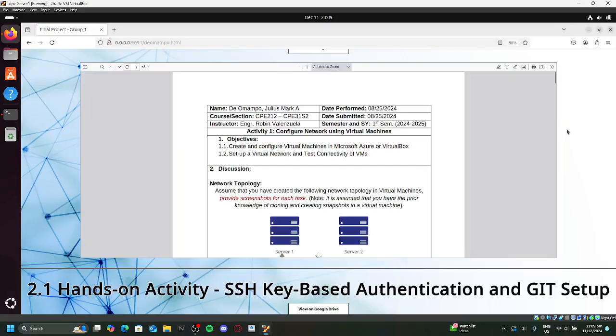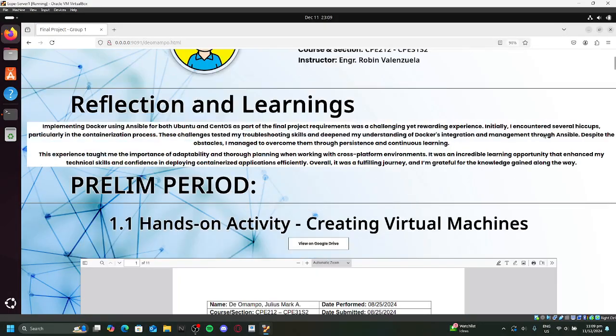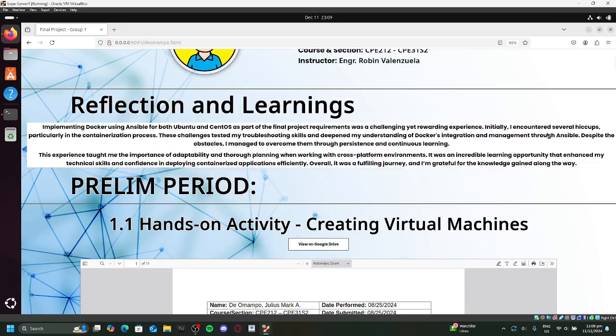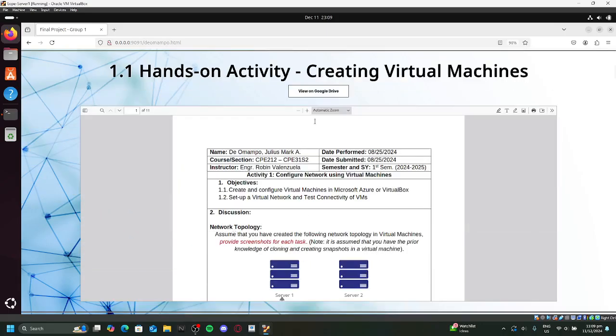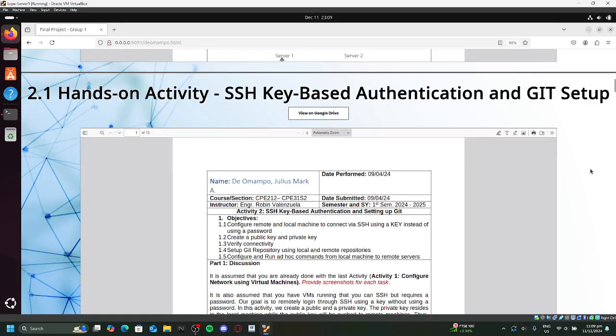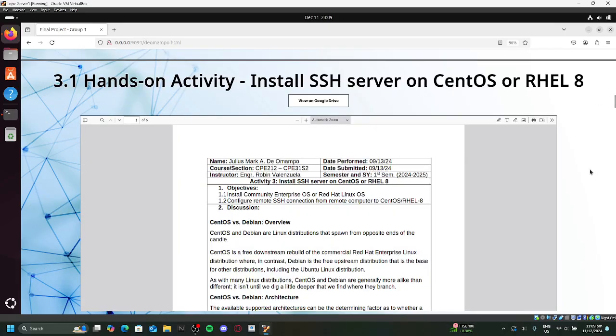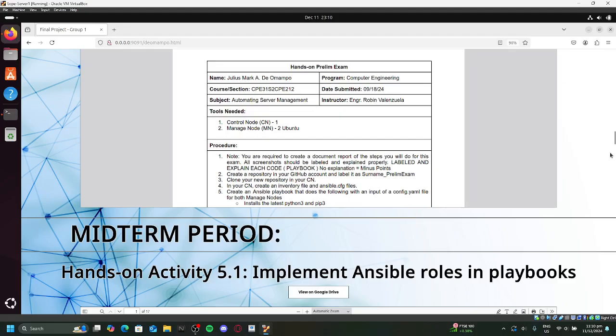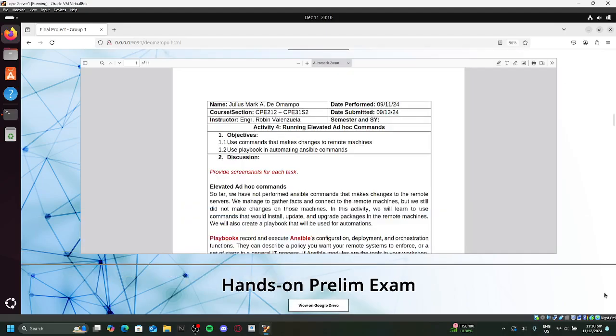Oh, wait. This is his prelim period. As we can see here, his name, his activity. This is his activity, all the way to finals.